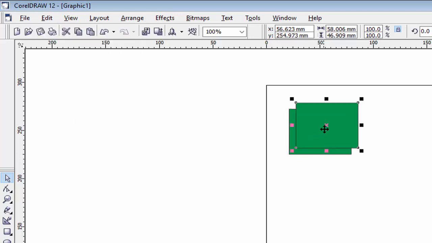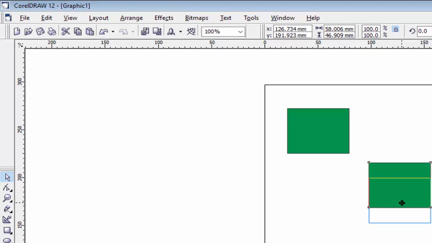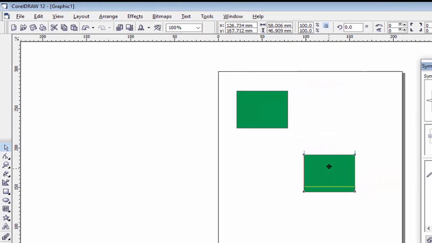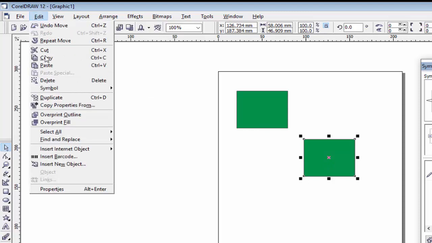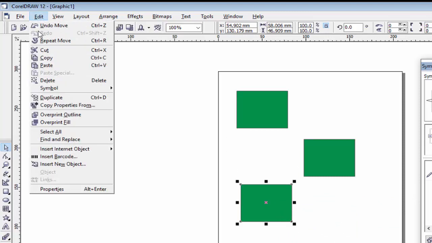You will see a duplicate object is created on the Corel page. You can create any number of duplicates as per your requirement. Like this, I use Ctrl+D, and see, a duplicate object is created in my Corel file.